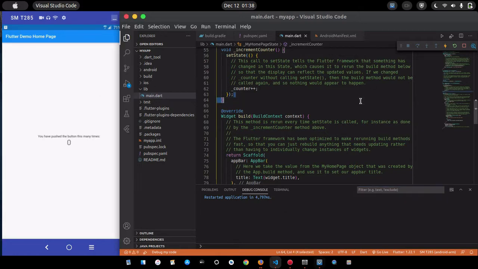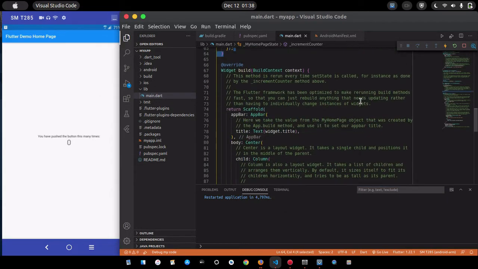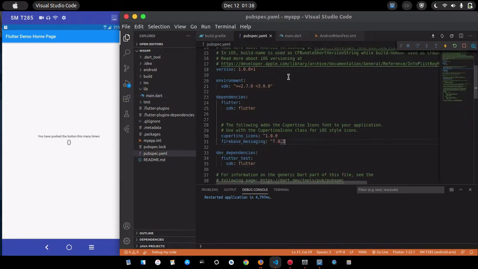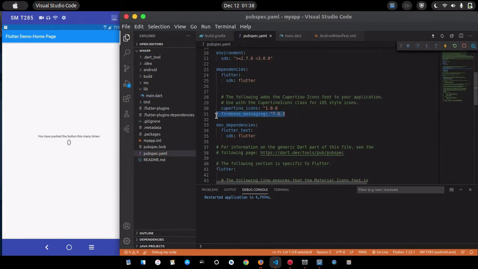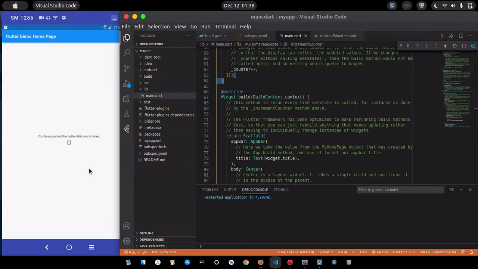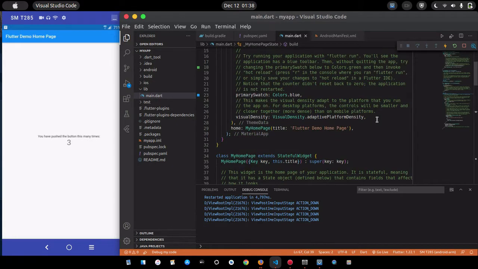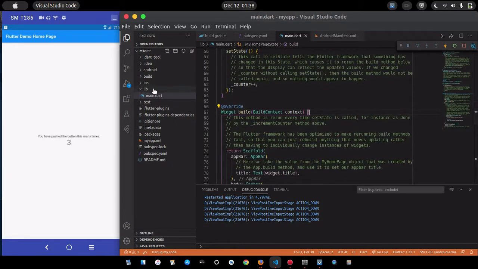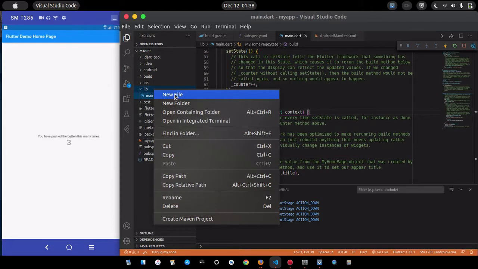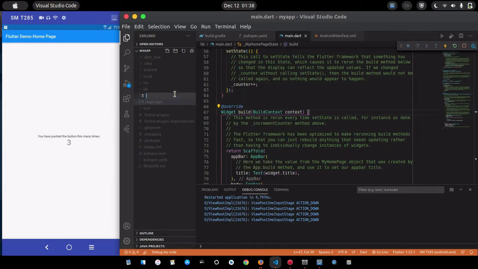Okay, so this is where we stopped at the previous video. You can see it still has the Flutter Firebase messaging, and it's still the same thing. I didn't make any changes, I didn't modify anything, everything still works. So what I'm going to do now is create another page that's going to be launched whenever we click on the push notification from the notification drawer, which is this side. This is going to be the details page, so I'll just make this details.dart